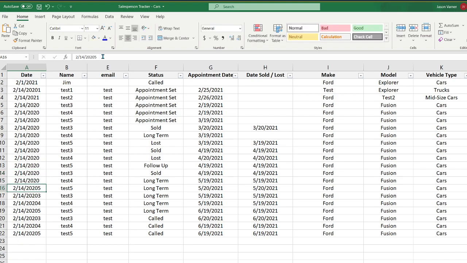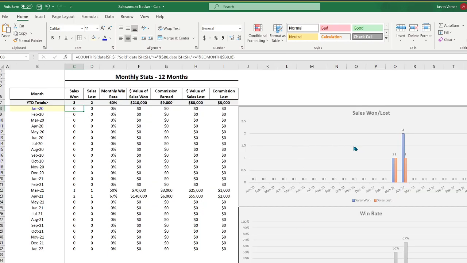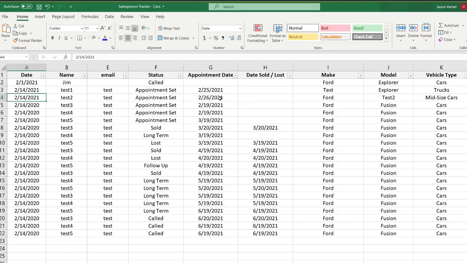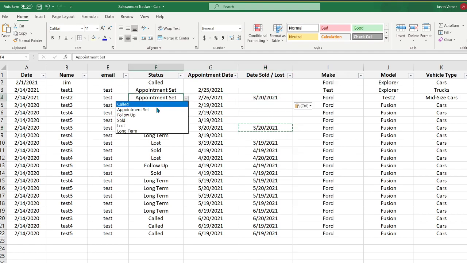That's why we didn't see anything for 2020. All right. Where are we? Oh, wait a second. Are all the ones in 2021 still? Oh yeah, they are. Let's put this in here. Mark it as sold,